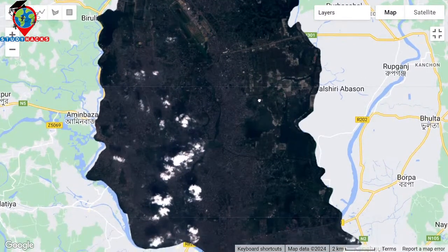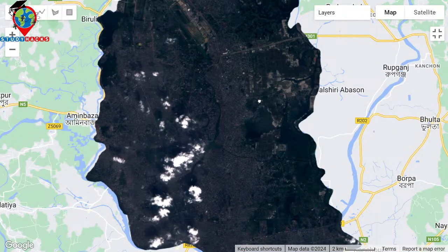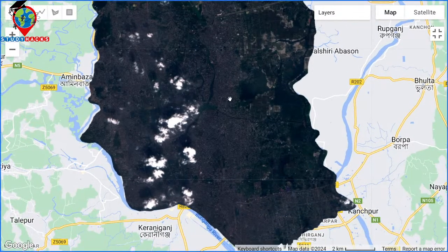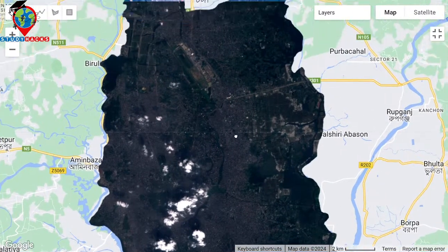Mainly when you calculate indices, cloud does not affect much, but cloud does affect when you calculate land use land cover classification. Then this type of cloudy pixel mixes with our barren land and also with our built up area. So we can face some problems when we want to work with a cloudy image and make the land use land cover classification map. That's why in the next class I'll discuss how we can easily remove the cloud, and then get very neat and clean imagery. In this session, we found the two images.